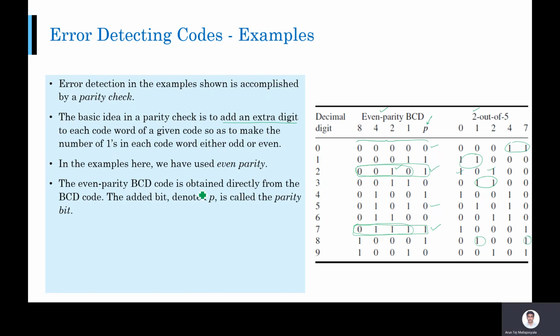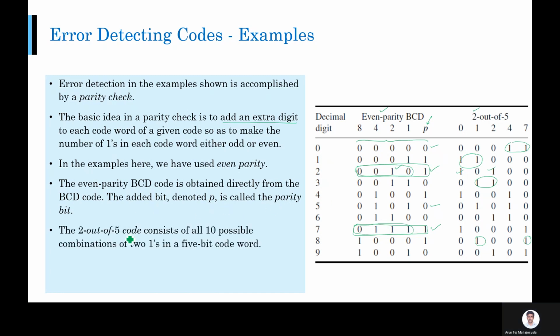The even parity BCD code, as I said, is easily obtained from the BCD code. All you need to do is add a parity bit, maintaining even parity. The 2 out of 5 code consists of all 10 possible combinations of 2 ones in a 5-bit code word. That is also easy to understand.